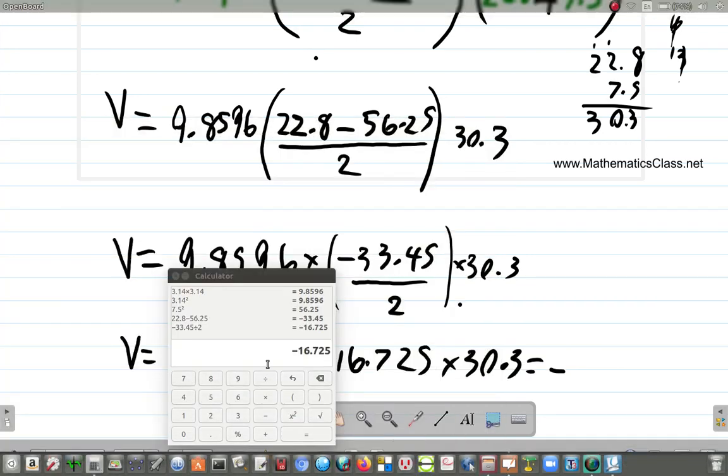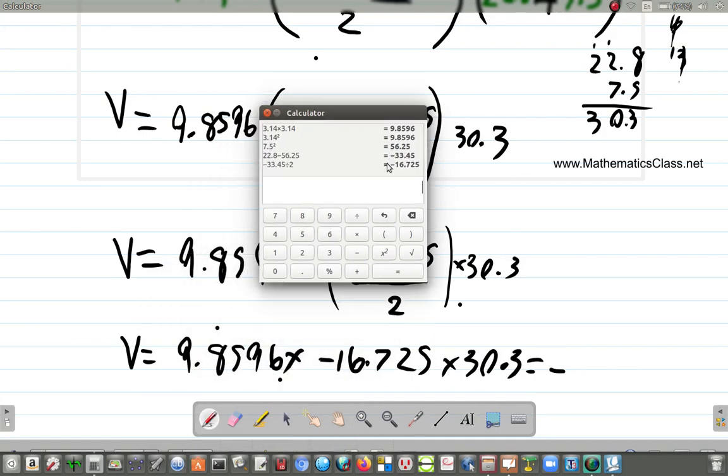We have 9.8596 multiplied by 16.725. We know the answer is going to be negative already. That multiplied by 30.3, and that gives us